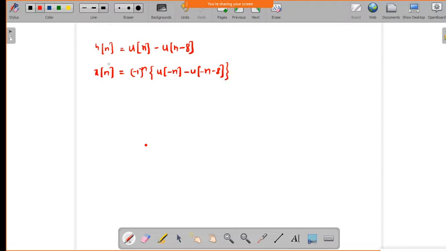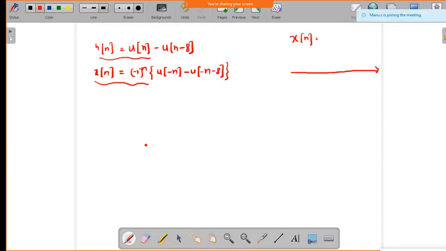So now this is your x of n, and this is your h of n. Now, if you find x of n, how will it be? First you find out what x of n is, how the discrete plot will look like. First find out what u of minus n minus u of minus n minus 8 is. Now u of minus n will be on the negative side, in the negative region.